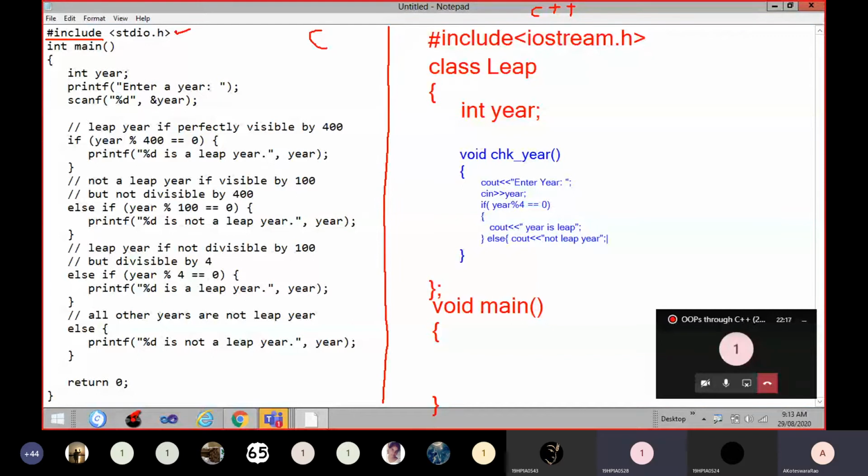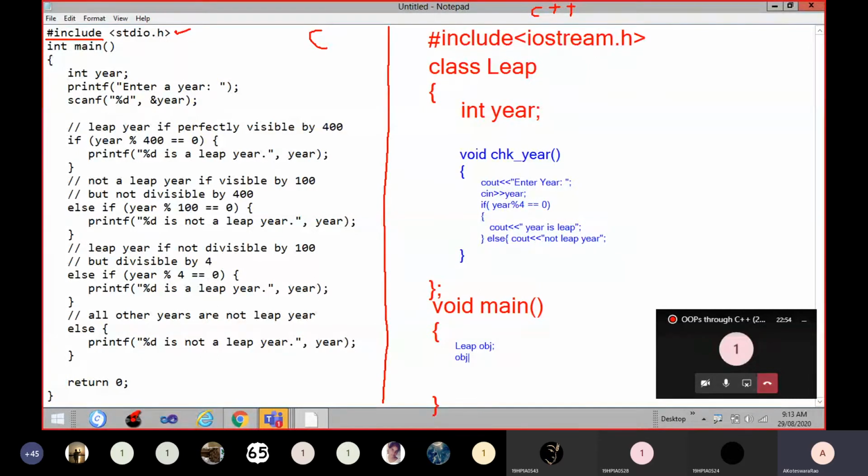Okay, so this is the way to convert a program into a class. Fine. So next, as usual, we want to do the object creation activity. Now you tell me how to create an object. If you want to create an object for any class, first you have to provide the target class name. Here the class name is BP, specified and followed by an object for the class. Here I have taken obj as an object for the class.